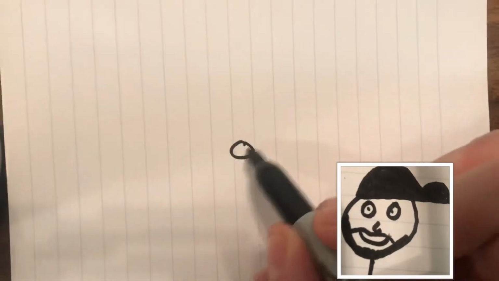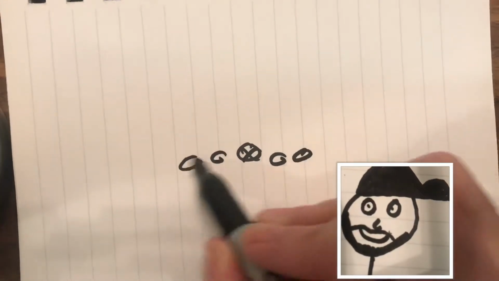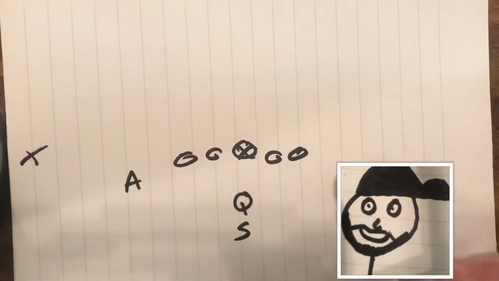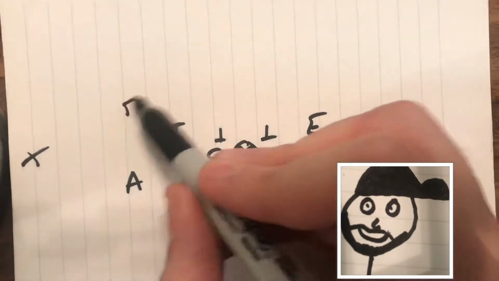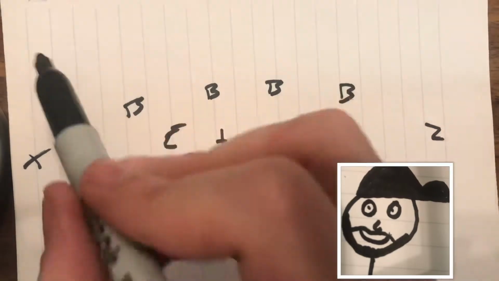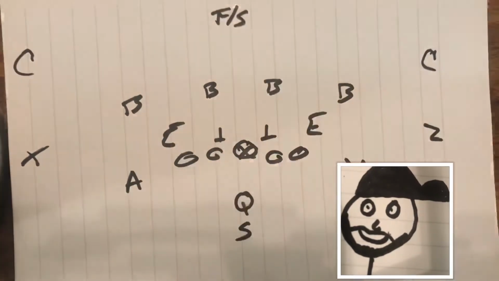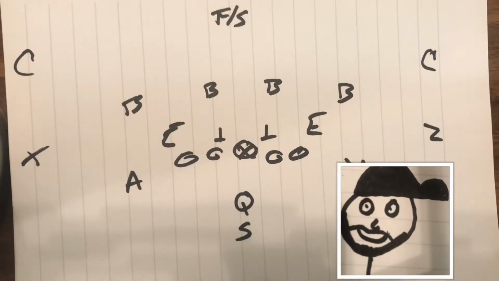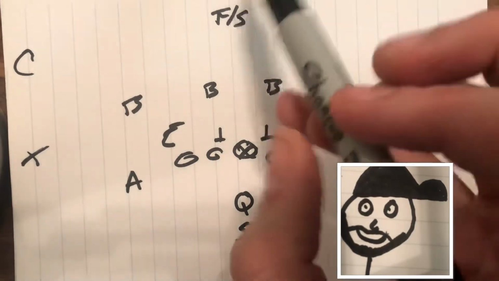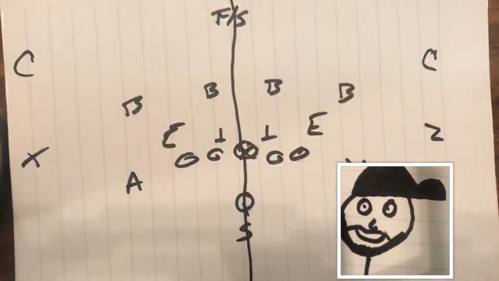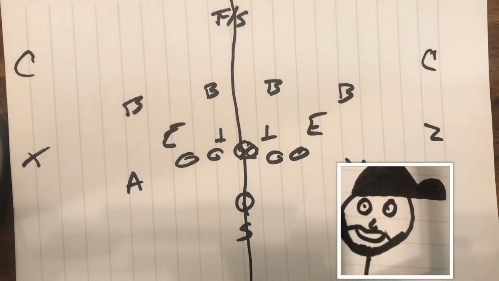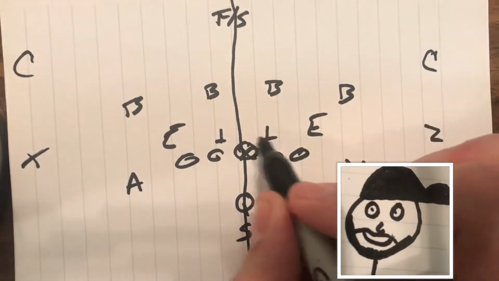Alright, so now I'm going to show how to read a defensive line, the bare basics of how to do it. Okay, so if we're looking at this defensive line and we have numbers all the way across this imaginary line right here, then whatever the play call is, that's what we're going to run. If we see this 3-tech,